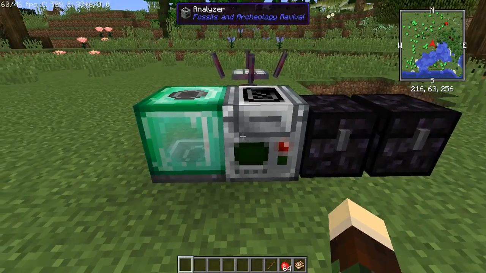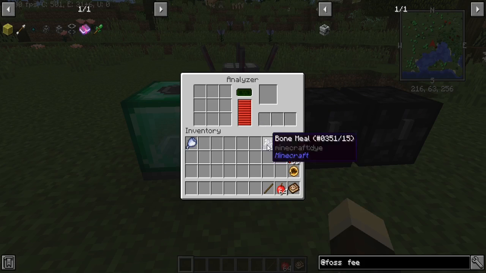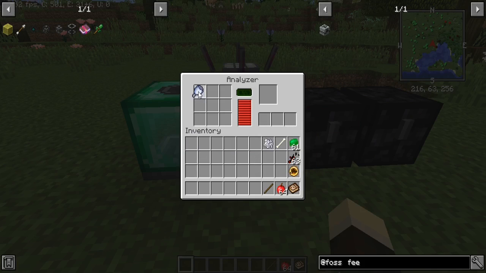So, in the analyzer, which apparently I was playing with earlier, I'm going to put this frozen meat in. It's not guaranteed that I'll get DNA off this, but I might. And if I do, great. If I don't, well, oh, hey,